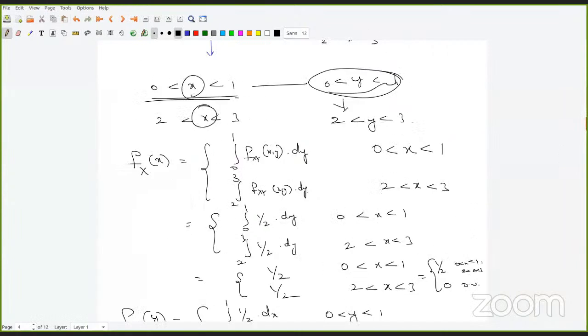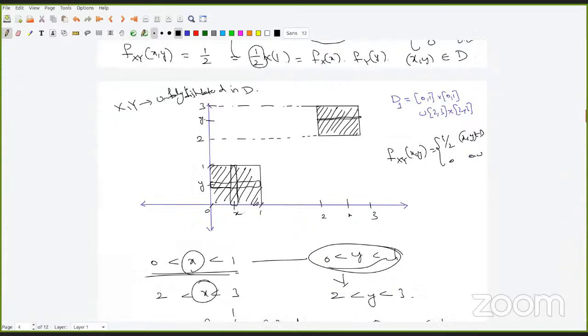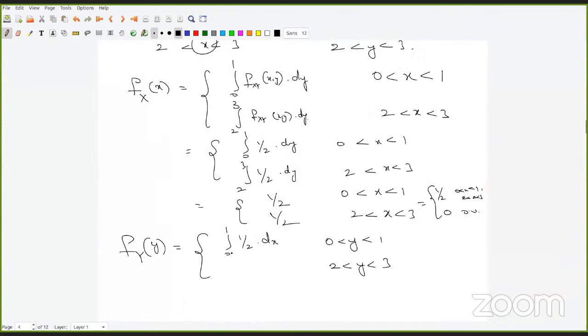1 by 2 dx. Y is in between some y. If you choose some y, what are the limits of x here? 2 to 3. So we are going to get half dx in the region where y is between 0 to 1 and x is between 2 to 3,